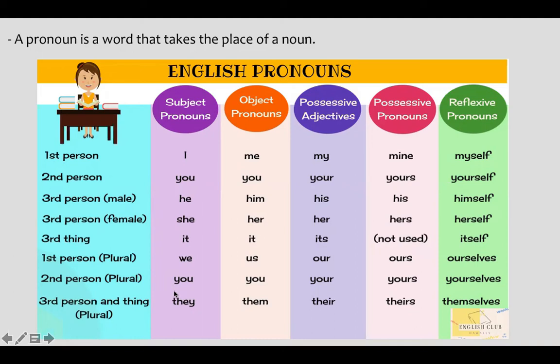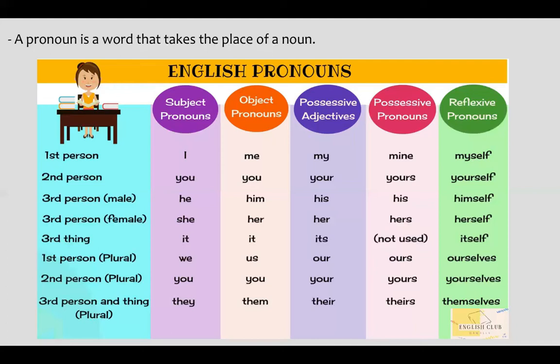So for example, I could be talking to a group of people and I can tell them you guys. So it's a plural, جمع. Okay? So you, you are, let's say you guys are noisy. Okay? So you guys are noisy. I'm talking about a group of people that I'm telling them that you are noisy.